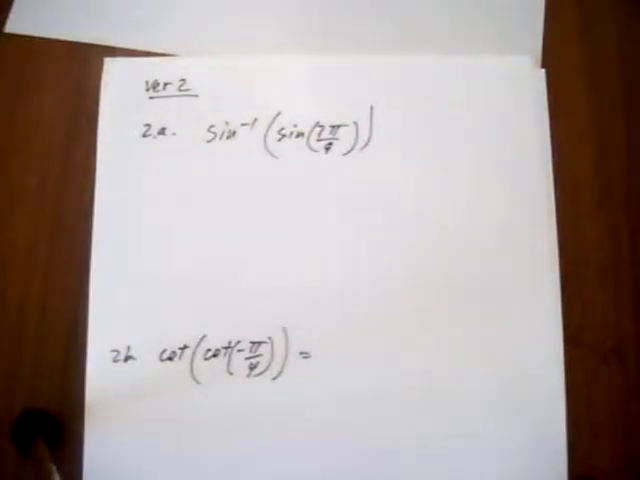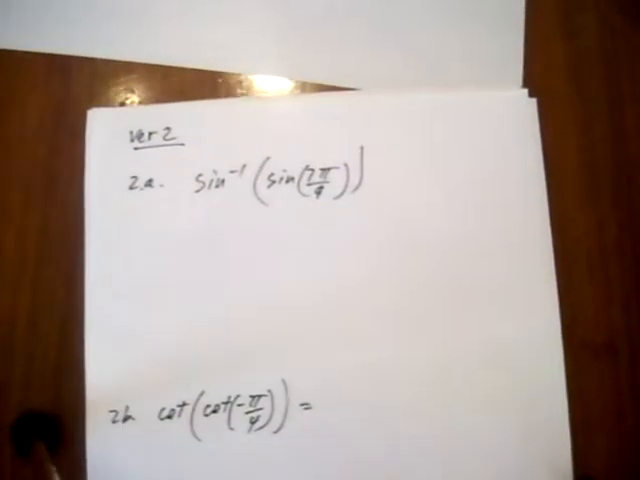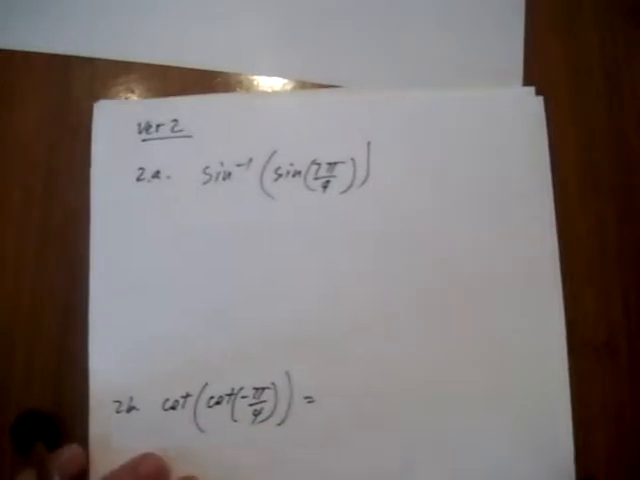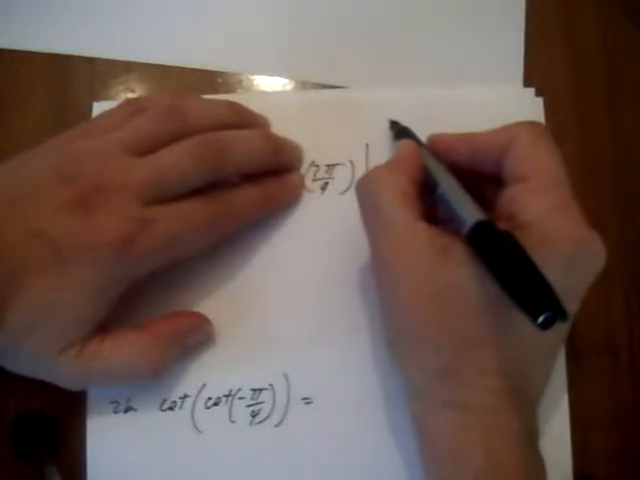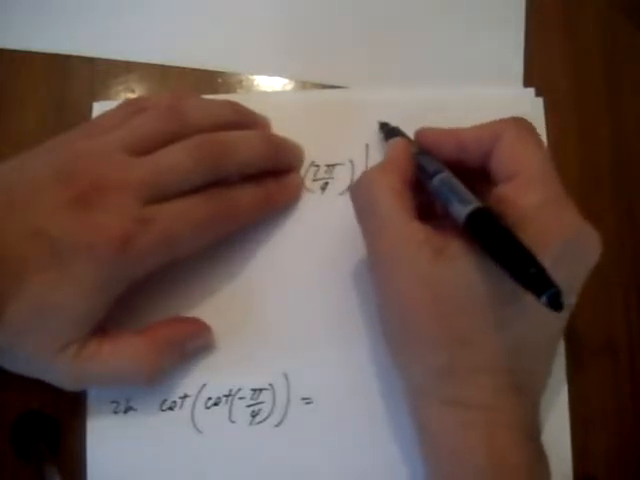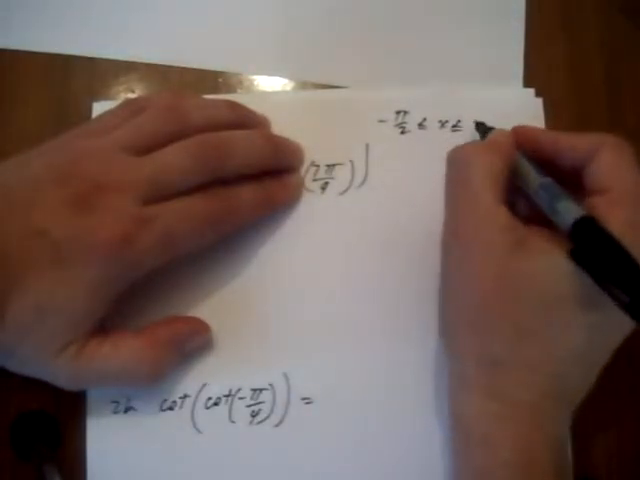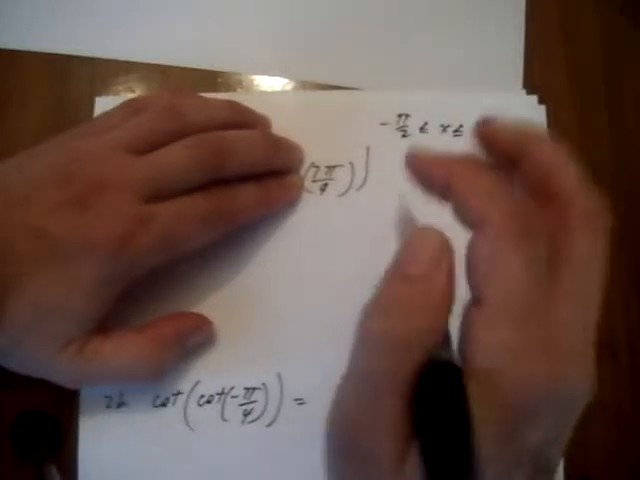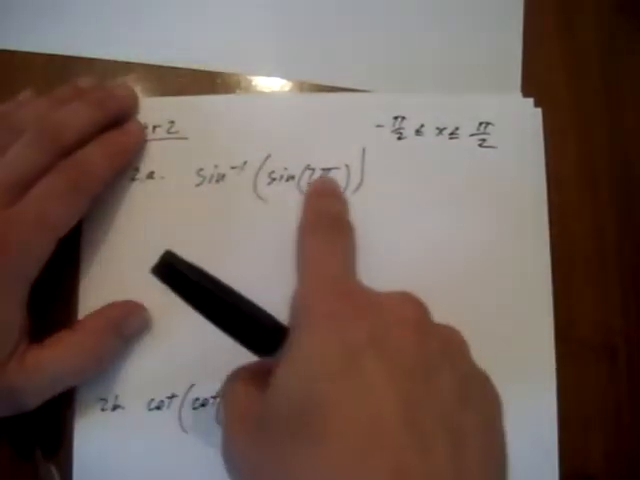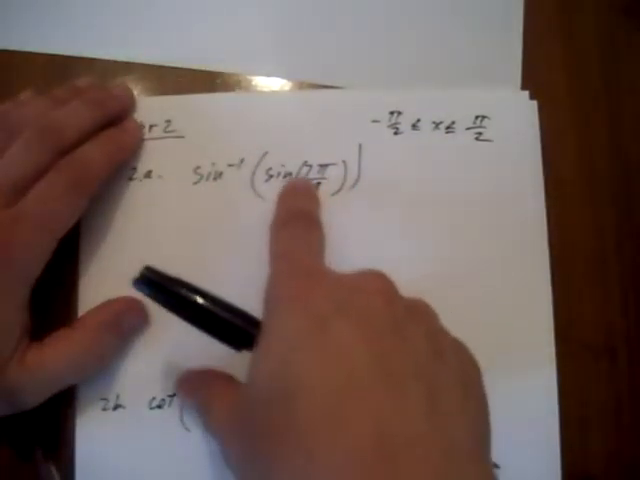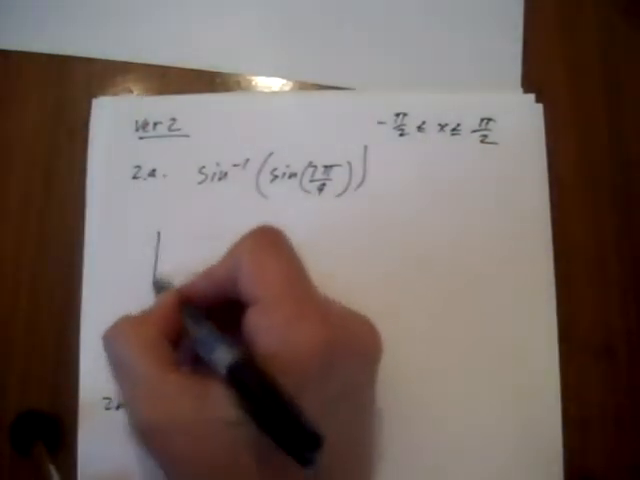Okay, I'm going to start on version 2 of the test, problem 2a. Sine inverse sine 7 pi over 9. Now, if this angle rested in the permitted interval, negative pi over 2 to pi over 2, then this would be a read-through problem. We would get back the very same thing we start with. However, 7 pi over 9 lies outside of this interval, therefore we need to place the angle and do all